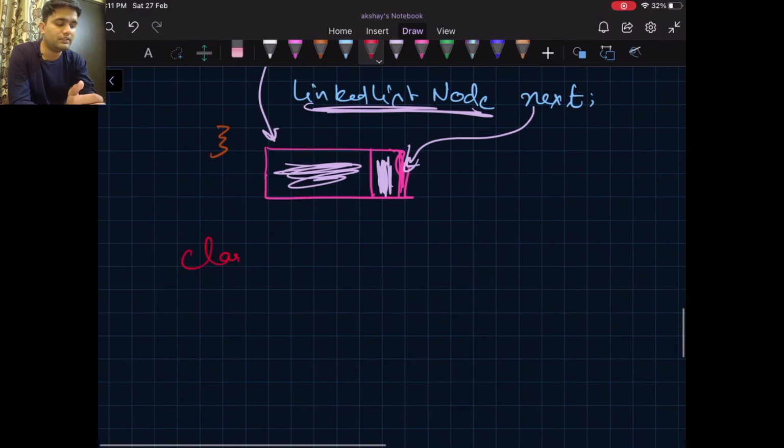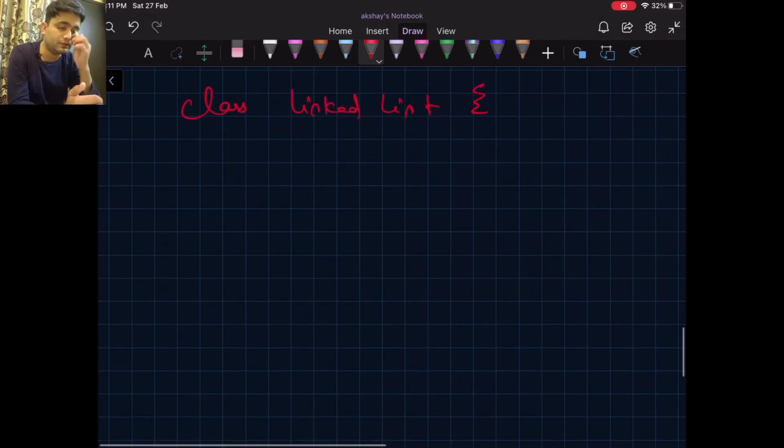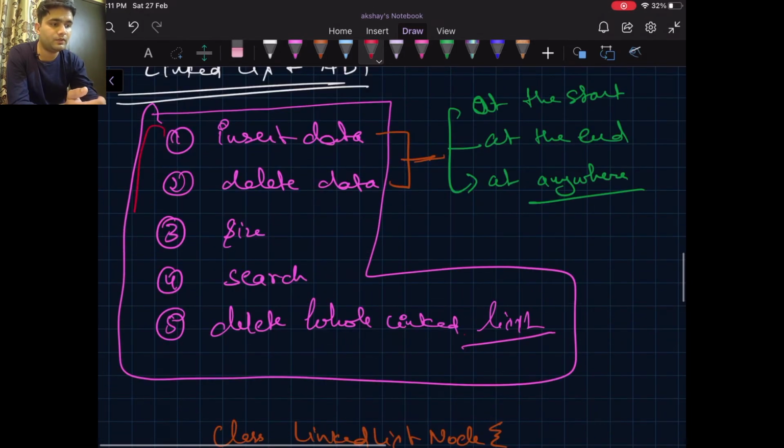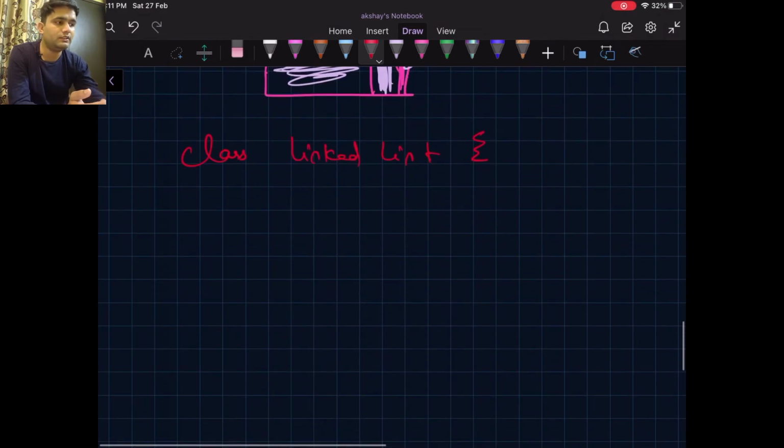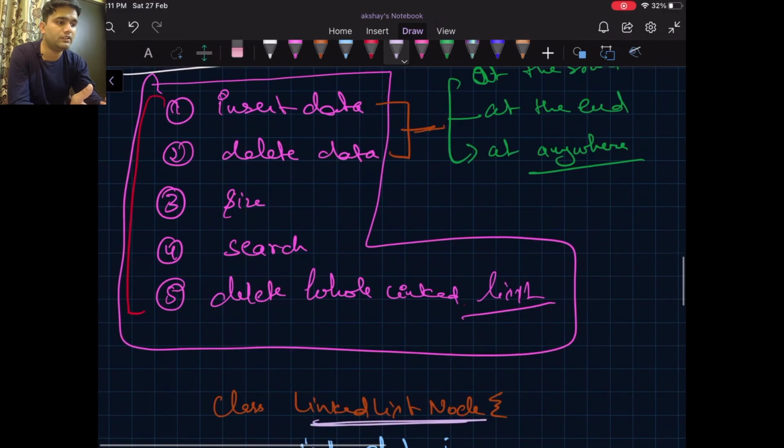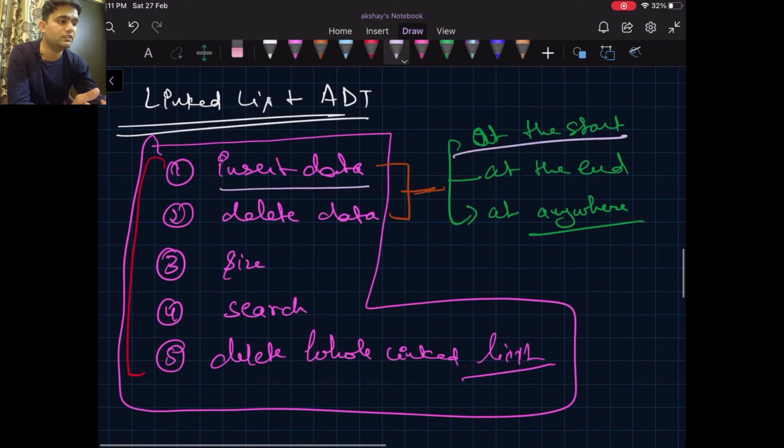So the class linked list can have these many common methods. So let's write them down one by one. First is insert. We can have three variations: insert at start, insert at end, and insert at anywhere.